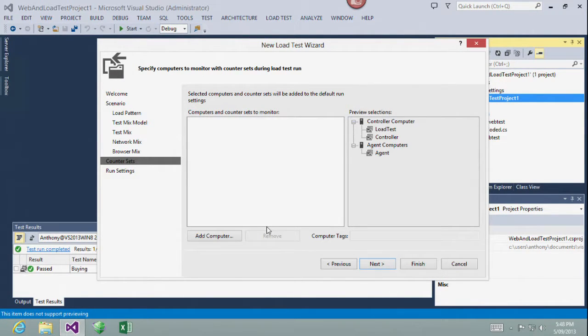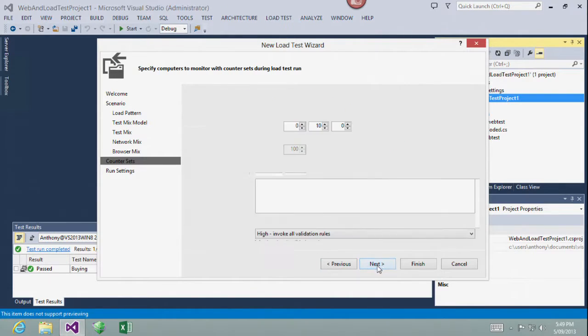And then what information do I want to get back? Now, this is the really interesting thing. We're generating the load not just for the excitement of generating the load. That's really just the first part. We want to then measure and look at the effect on the server infrastructure itself. So what are we going to collect? We're going to collect our perfmon counters. So what's happening with memory, disk, CPU, the SQL counters, IIS, the .NET counters, all those sorts of things. That's a lot of data. And where do I want to collect that from? I could have a couple of clustered web front ends, some mid-tier app servers, and some SQL boxes over here. So maybe I need to go and add quite a few more.